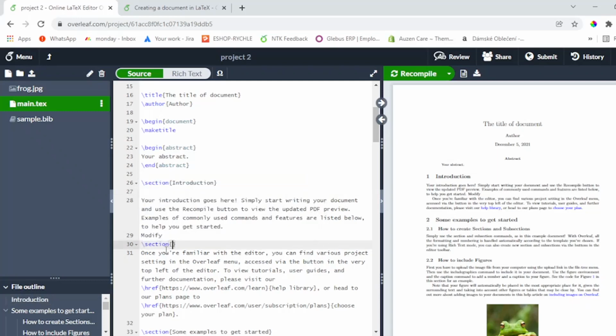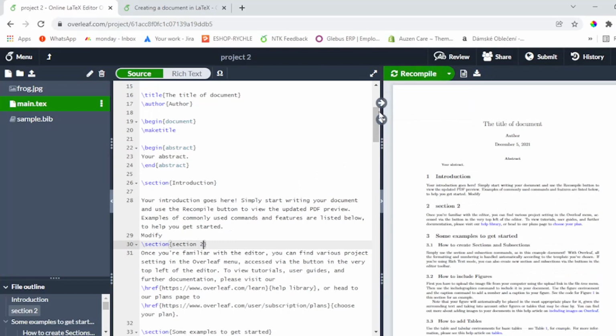You see, click enter directly from the auto list, and we can write, for example, section 2. You save. You can click recompile, or from the keyboard Ctrl S, then you will see here directly the changes, section number 2,